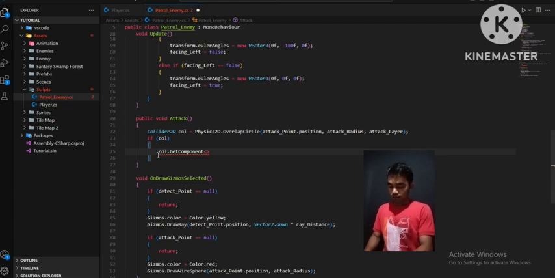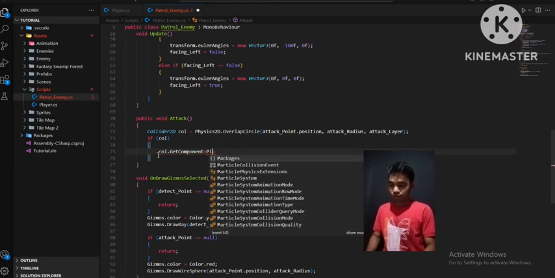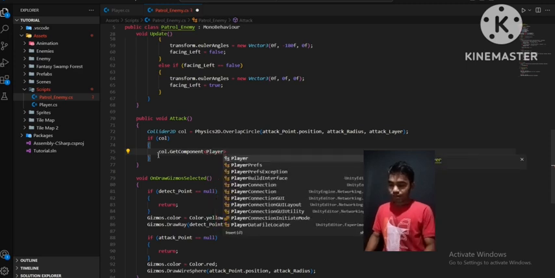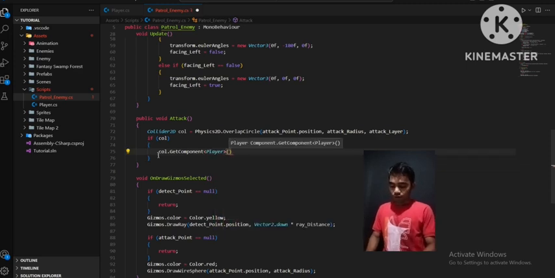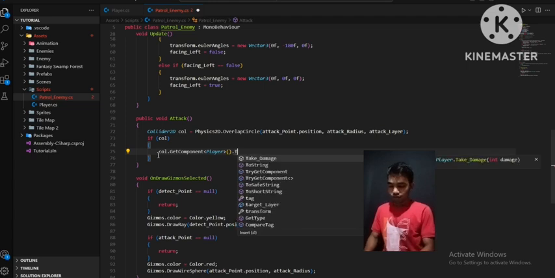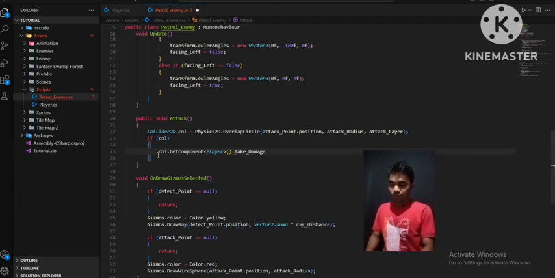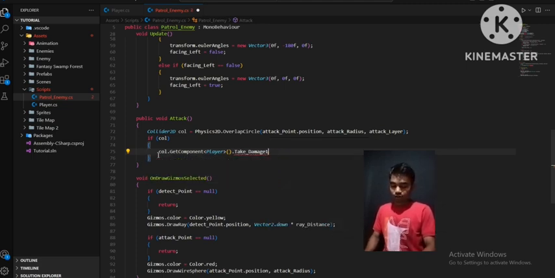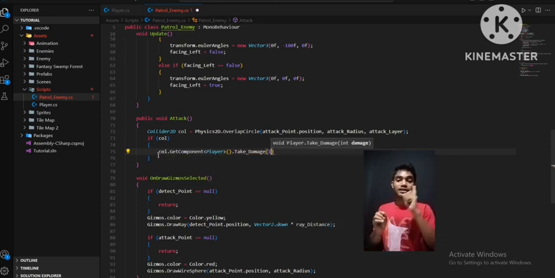So we are just getting the player script. And we know in the player script we made that take damage function public. So let's call that function here. Let's call take damage and open the brackets. As a damage parameter you can pass any value you like. If you pass 1, then it will subtract from our max health by 1